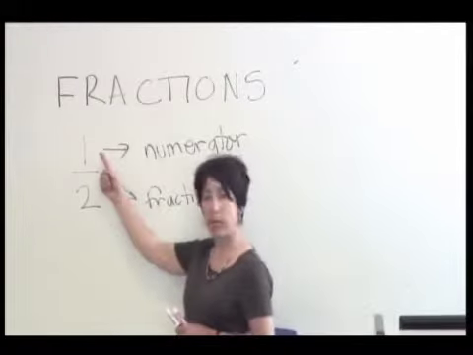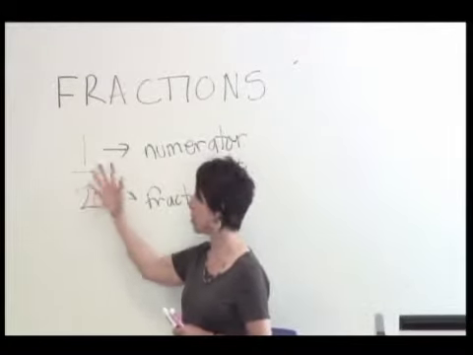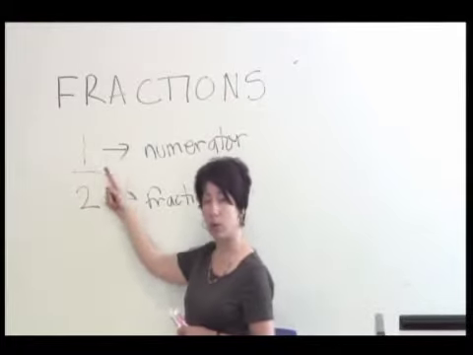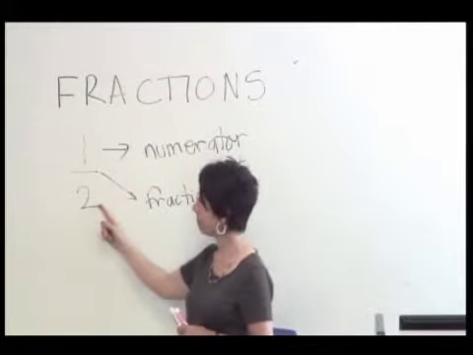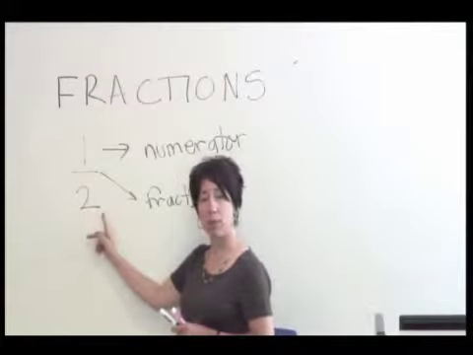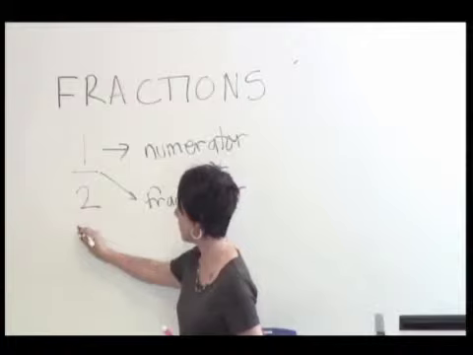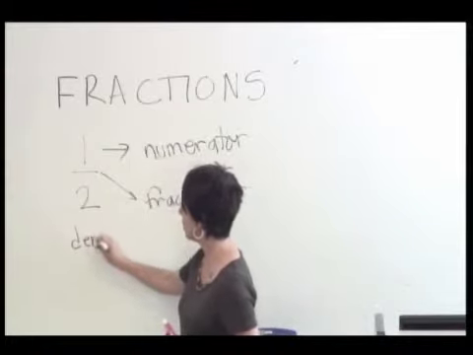Sometimes we just leave it as part over the whole rather than dividing 1 by 2. This would also mean 1 divided by 2. And then the number that's down is the denominator. So D for down and D for